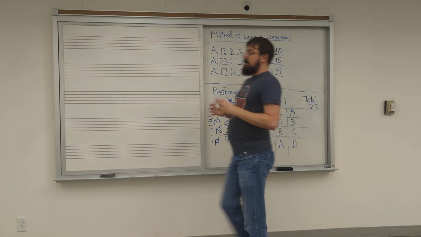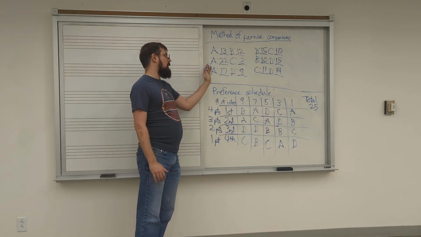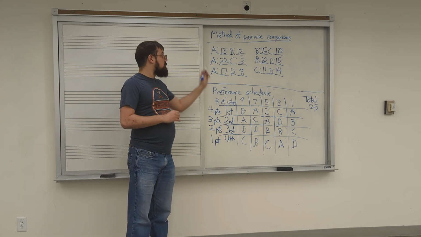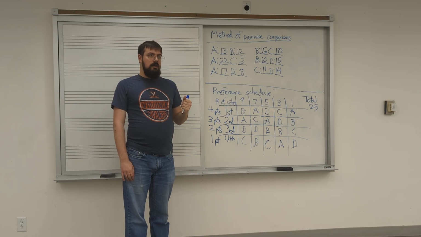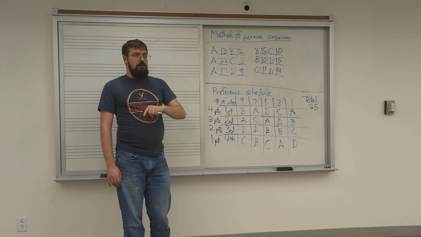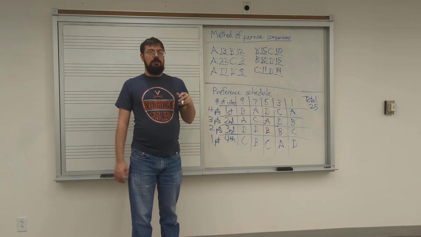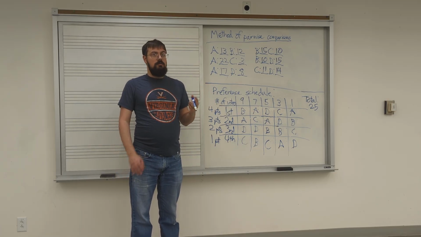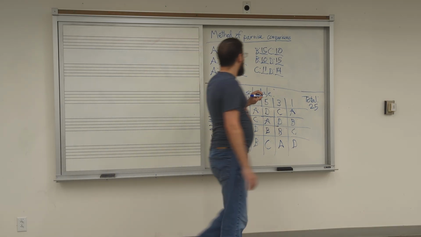So at this point, we've made all of our comparisons. We figured out how many voters picked A over B, A over C, and so forth and so on. So now what we're going to do is for each one of these comparisons, we're going to give 1 point to the winner, 0 points to the loser, and in this case we have an odd number of votes, so we don't have ties, but if we did have an even number, then ties would be 1/2 for each candidate. So based on this,